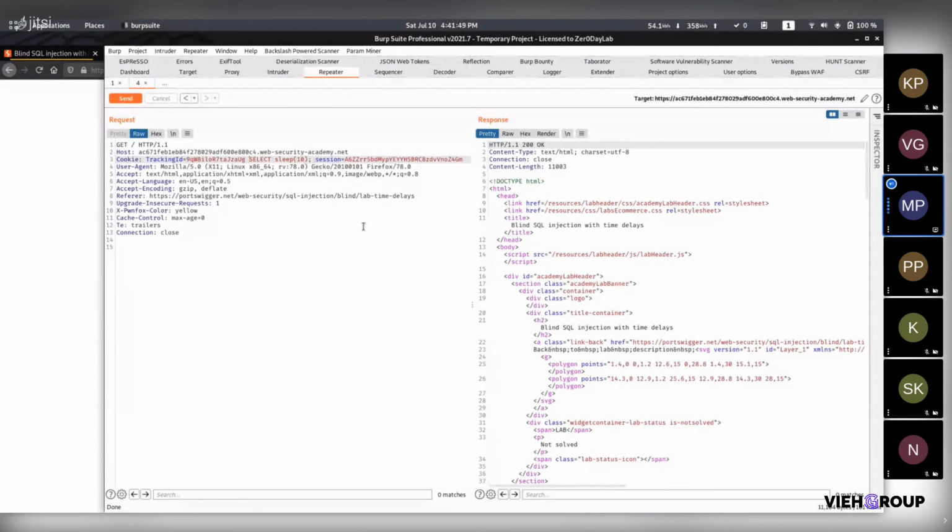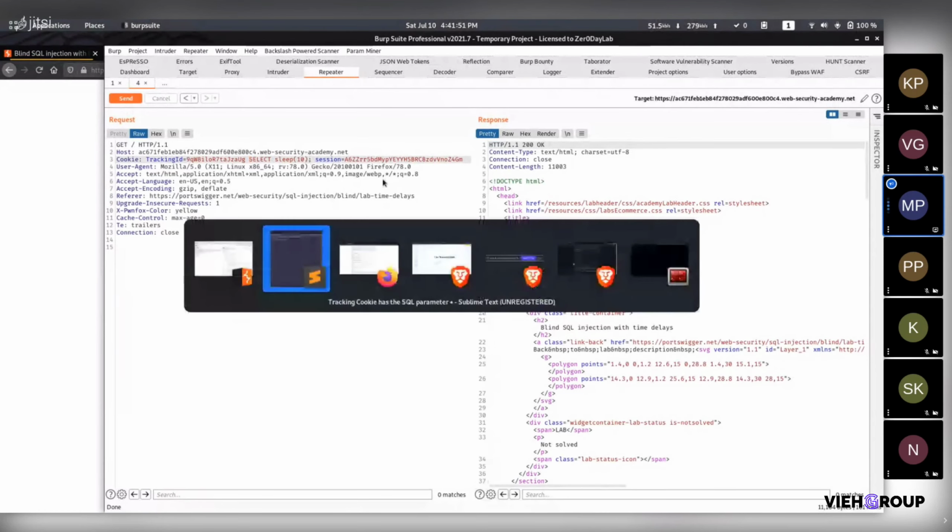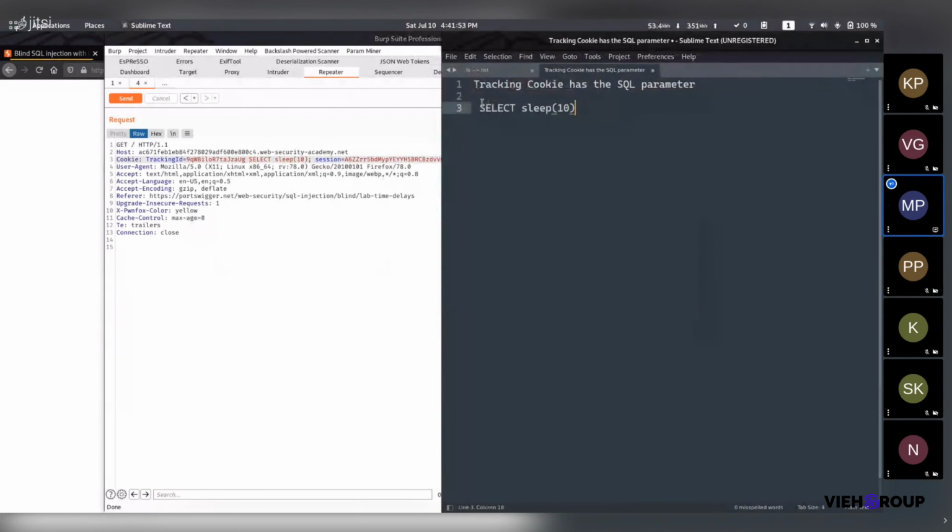So let us create a query using this tracking ID. The tracking ID is a SQL parameter, as given in the lab description.